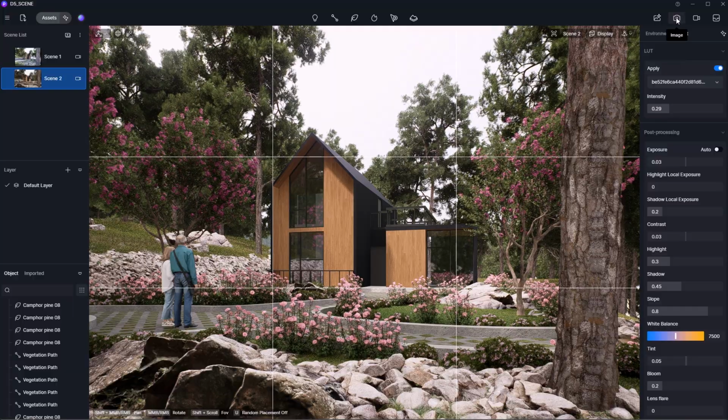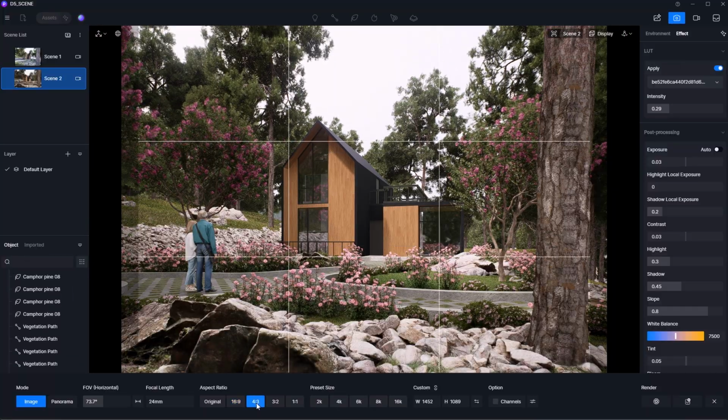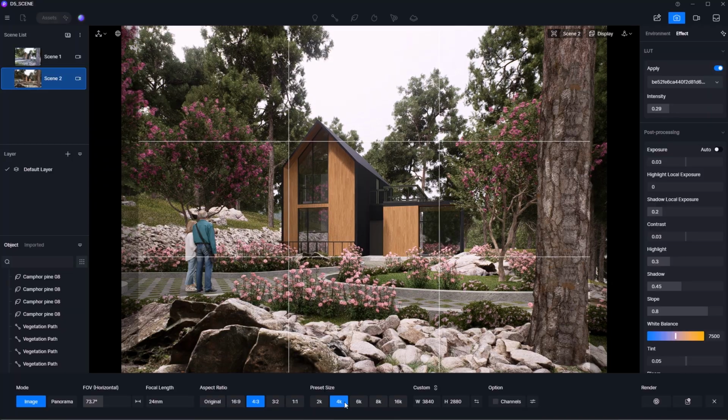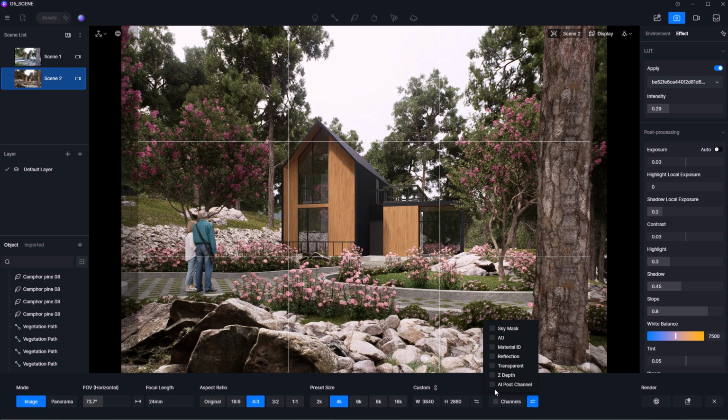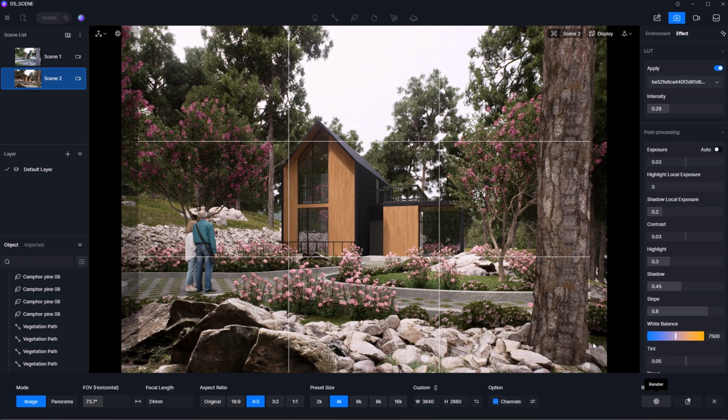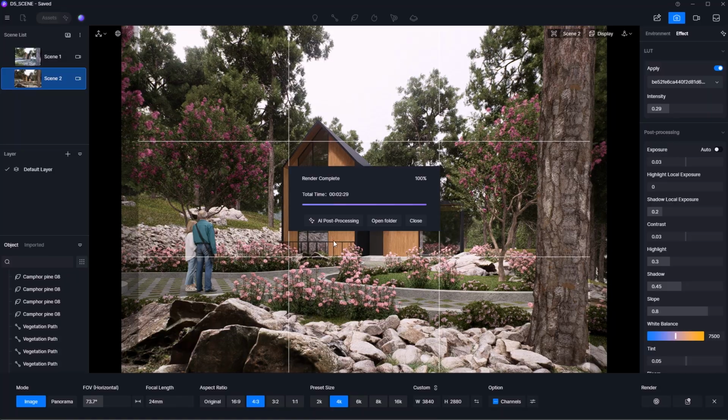So I'll jump into image. And I think it will look a little bit better at 4:3 maybe. The preset size is going to be 4K, and inside the channels, make sure that the AI post channel is turned on. Now just click on render, and once it's done, it's important for us to go into the